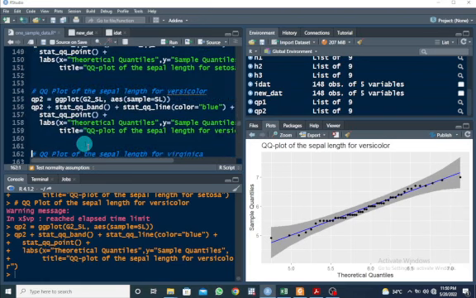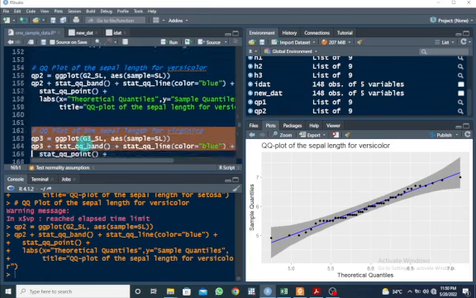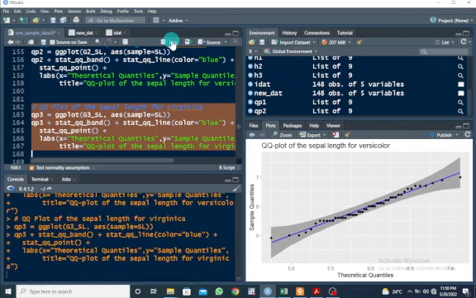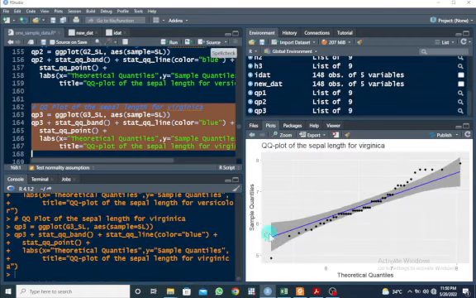Okay, let's check for that of Virginica. Okay, so my graphic data is QP3, data for Virginica Sepal lengths. So let's run this. In here we can see that some points seem to deviate. They are not within the confidence bound, even though the majority of the points are within the confidence bound, and the plot also resembles a close line sloping upward to the right. So I think we are good to go. So in order to even